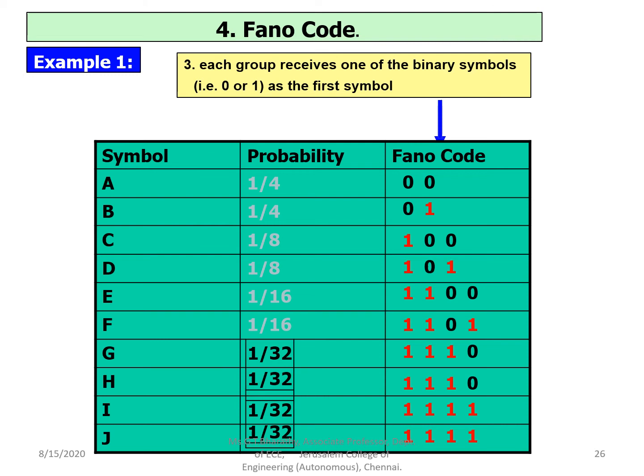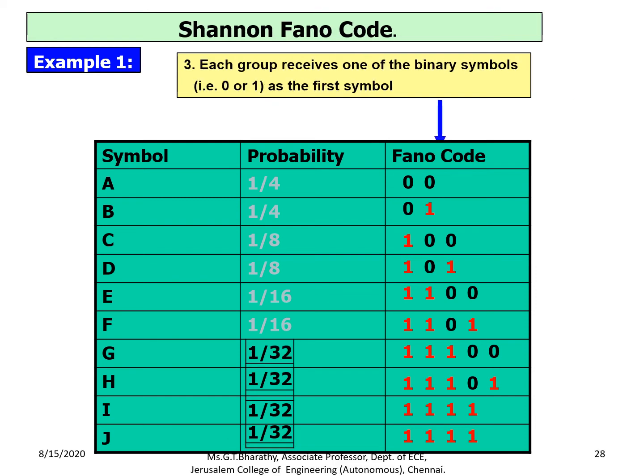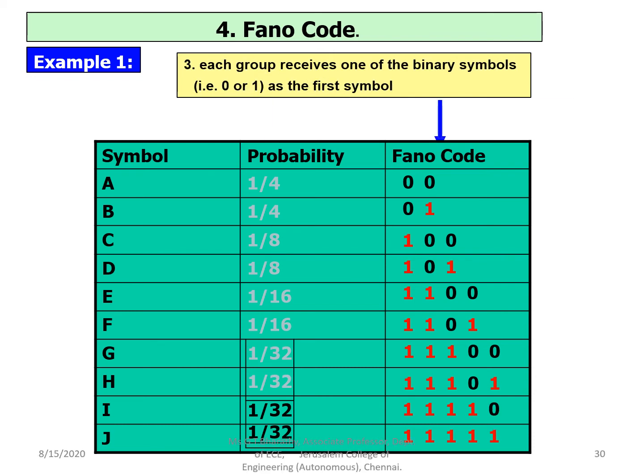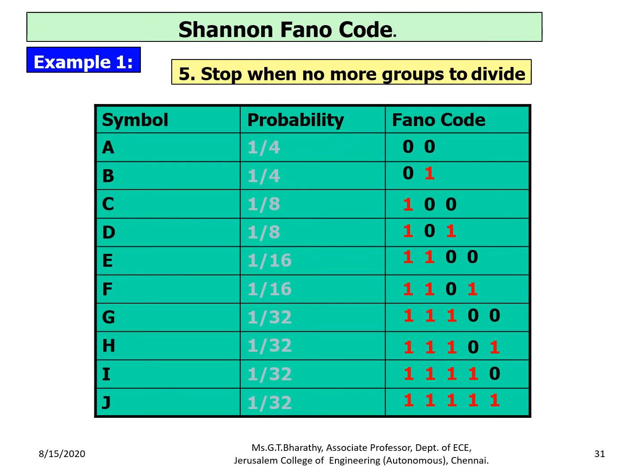We are left with only two symbols here and two symbols here. That means these two have to be given a value 0 and 1, and these two again have to be given a value 0 and 1. Splitting this equally, you will have a 0 and 1, and equally you will have a 0 and 1. So now this completes our Shannon-Fano code. Everything is split here, and we don't have any symbols to further split. So this becomes our final answer.